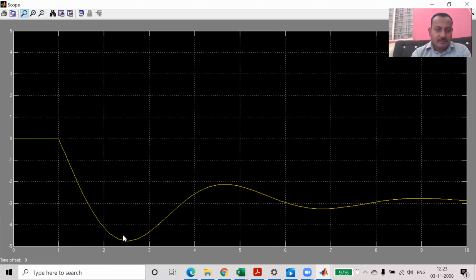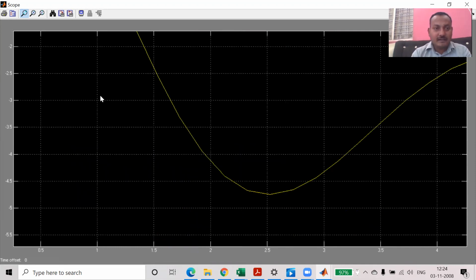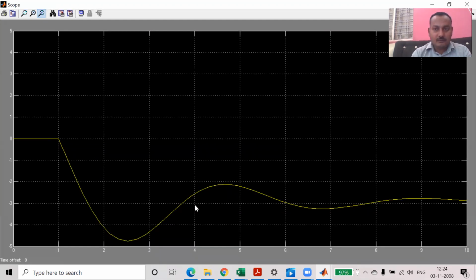Here, if the load increases, the frequency suddenly decreases. It means the change of load affects the change of frequency. If the change in load is more, if the load is more, then the frequency is going to drop down. So this curve you can easily see over here. Okay. Now this is the output curve we are getting over here.